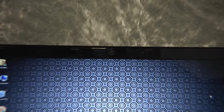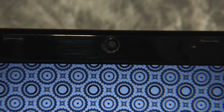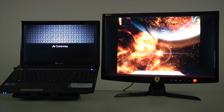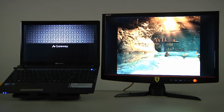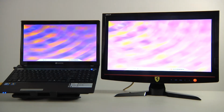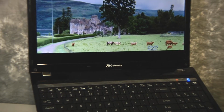Supporting the display is a 1.3 megapixel camera supporting 1280 by 1024 video and integrated Intel HD graphics with 128 megabytes of dedicated system memory. Though integrated graphics are not going to cut it for the hardcore gaming aficionado or the professional video editor looking for a GPU boost, the Intel graphics worked just fine for most tasks, including moderate HD video editing and 1080p